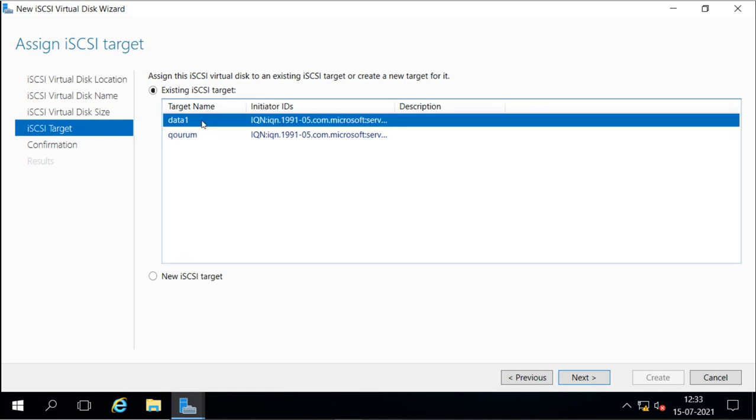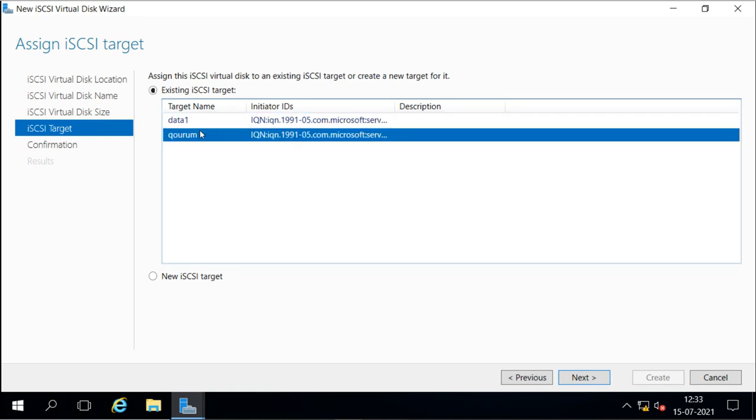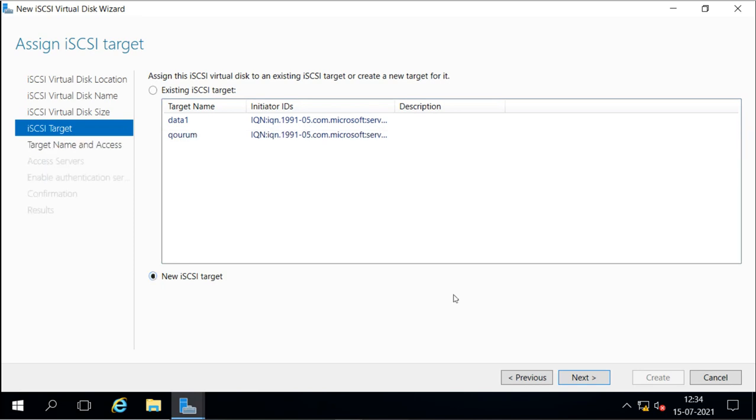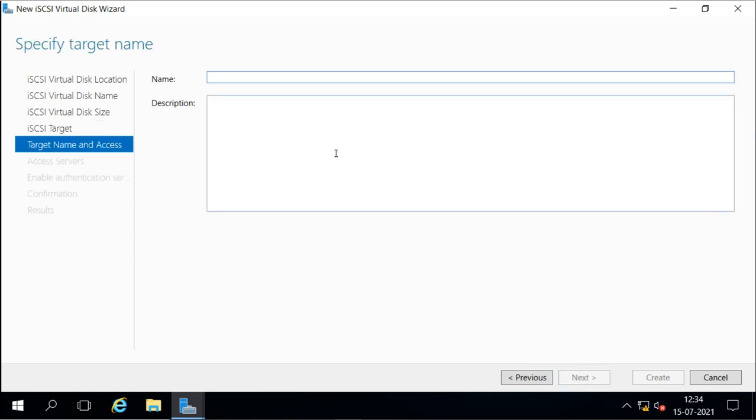Now, you want to use the existing target, or a new one. I will create a new target, and the name for that will be data 2.